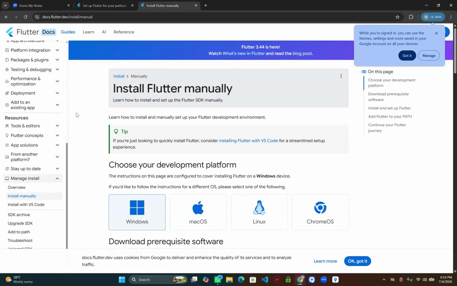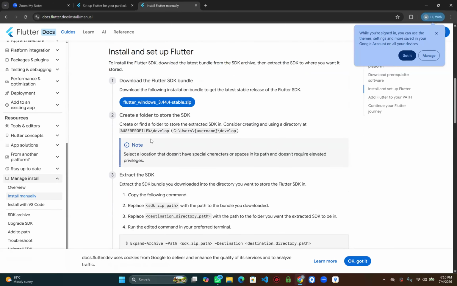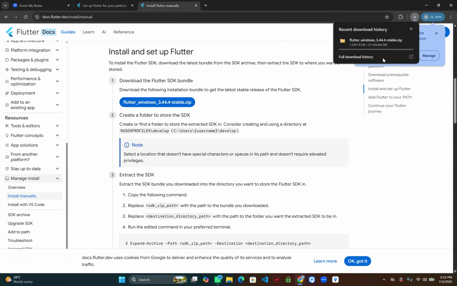Open it in another window. It will bring you to this site, right? Yes. Scroll down. You see install and set up Flutter. Have you seen it? So this one. Yes. Download that one and let's see. Is it downloaded? Yes. Okay, download it and let's see.